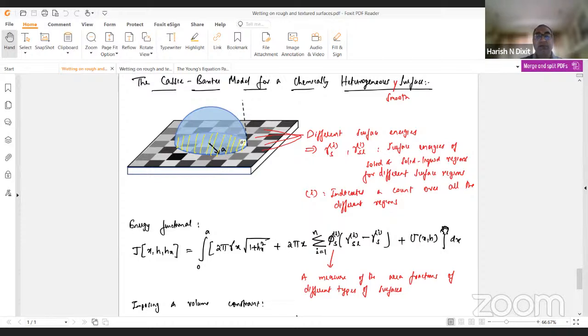Okay, and what we are essentially trying to do is account for this in some approximate sense. Now, the same argument can be extended to surfaces where there is chemical heterogeneity. Locally, this again will lead to a contact line which is not a perfect circle but slightly wavering. The contact line will be slightly rough, and this roughness can be thought of as being associated with small variations in the angle as you go from one element to another on this chemically heterogeneous surface.